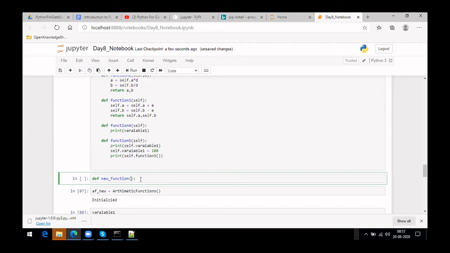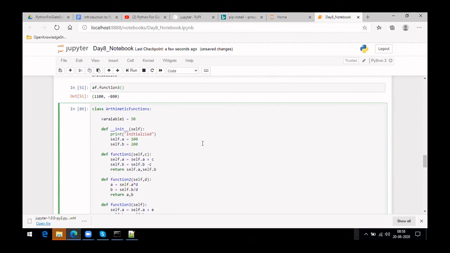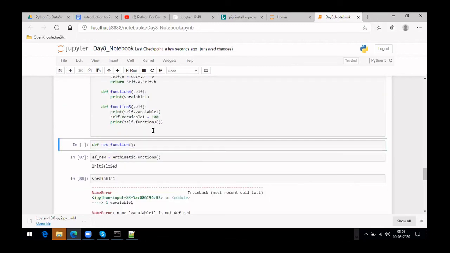Even the self, like whatever self you have, self actually means you are passing self here, right? This self is your class. So let me print this as well, so you will know what this self is. Let me print what self is while initializing. Let's run it.